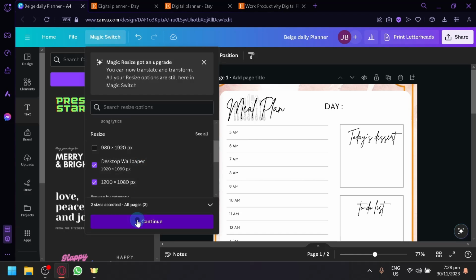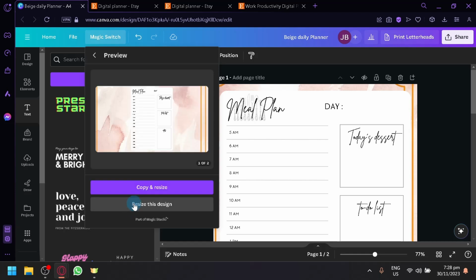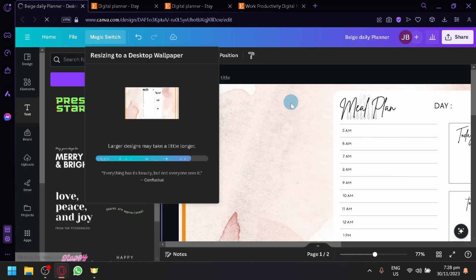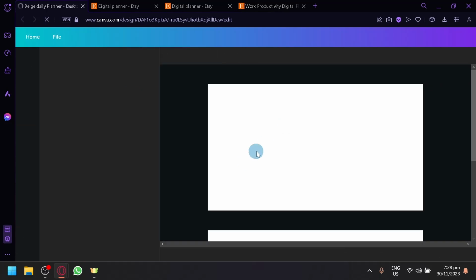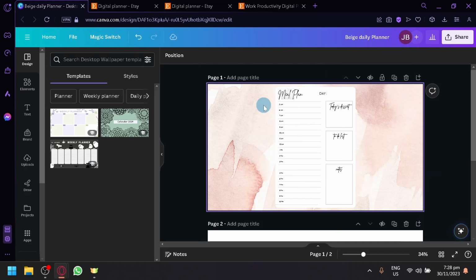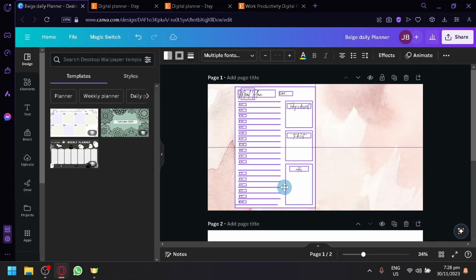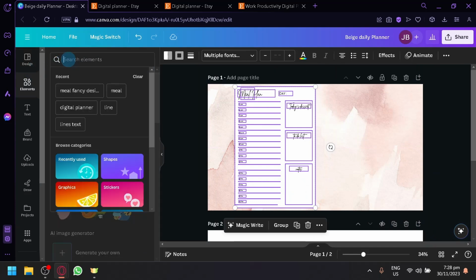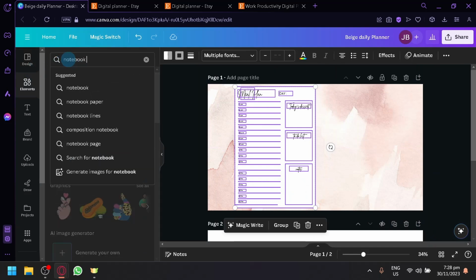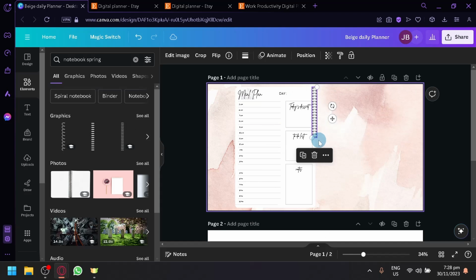Let's see, a desktop wallpaper over here. Continue. We could click on resize this design after loading. There we go. And there we go. And now we have your original meal plan over here. Let's leave this one in the back. Simply select all of this, put it on the left side, and let's go with notebook spring. There we go. And as you can see, you could get a notebook spring over here, and then you could drag it